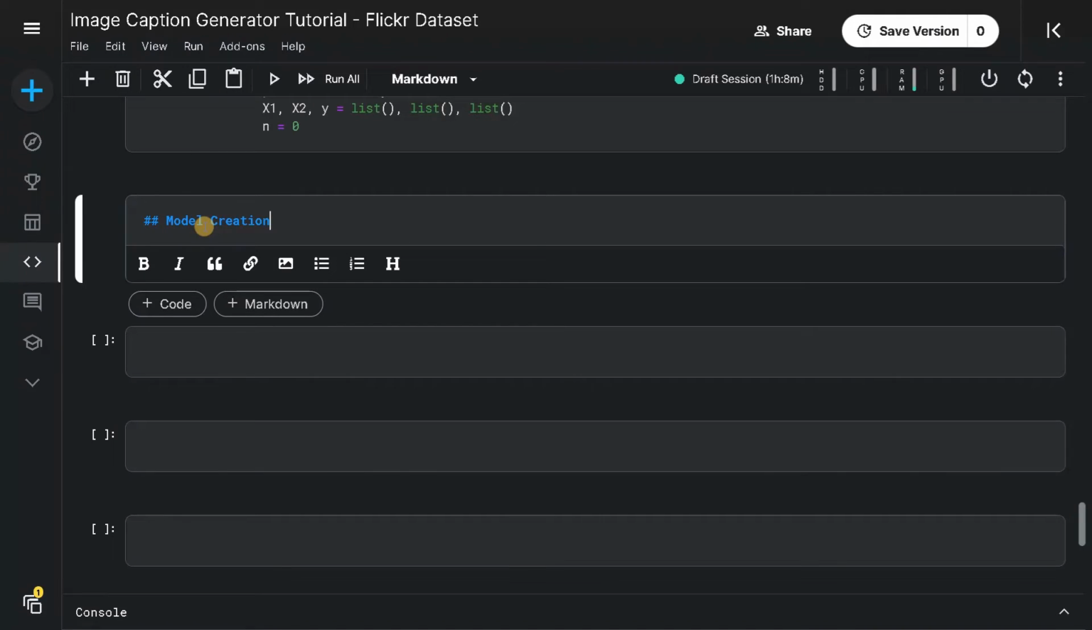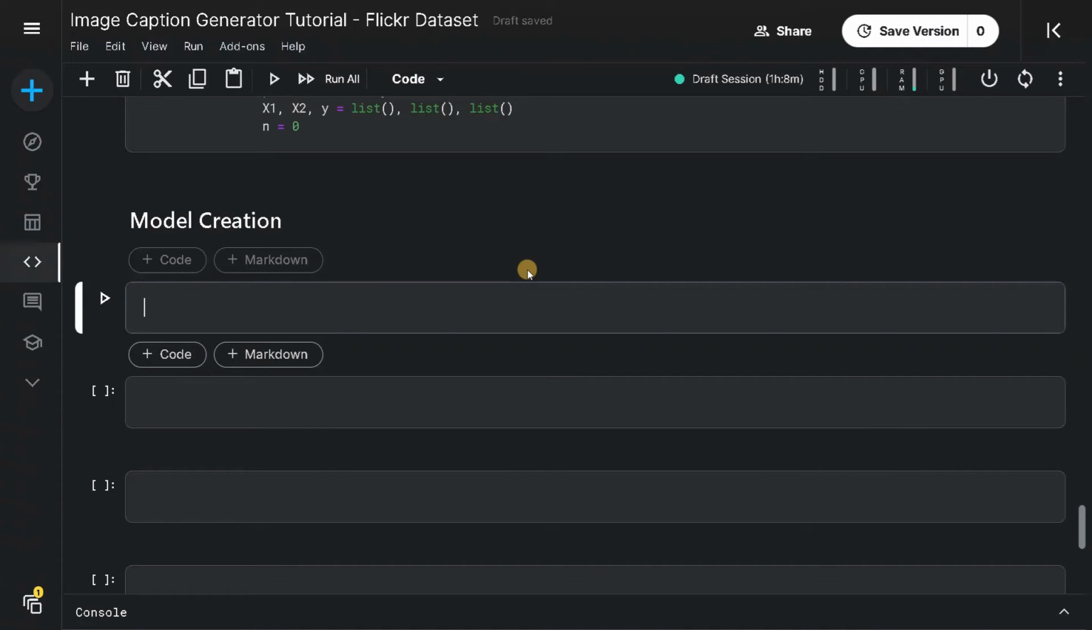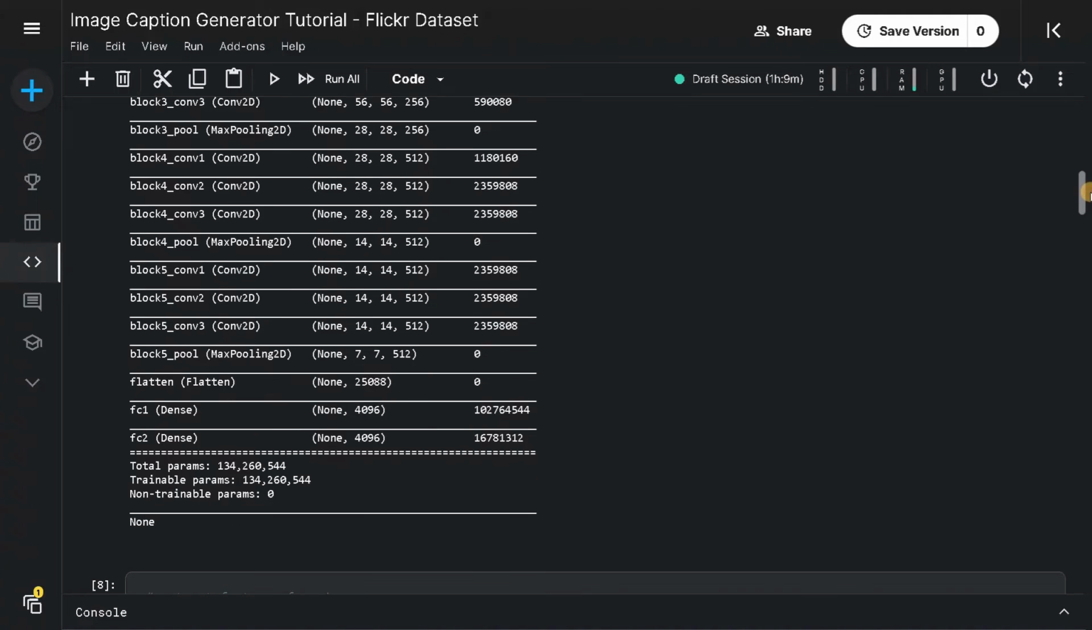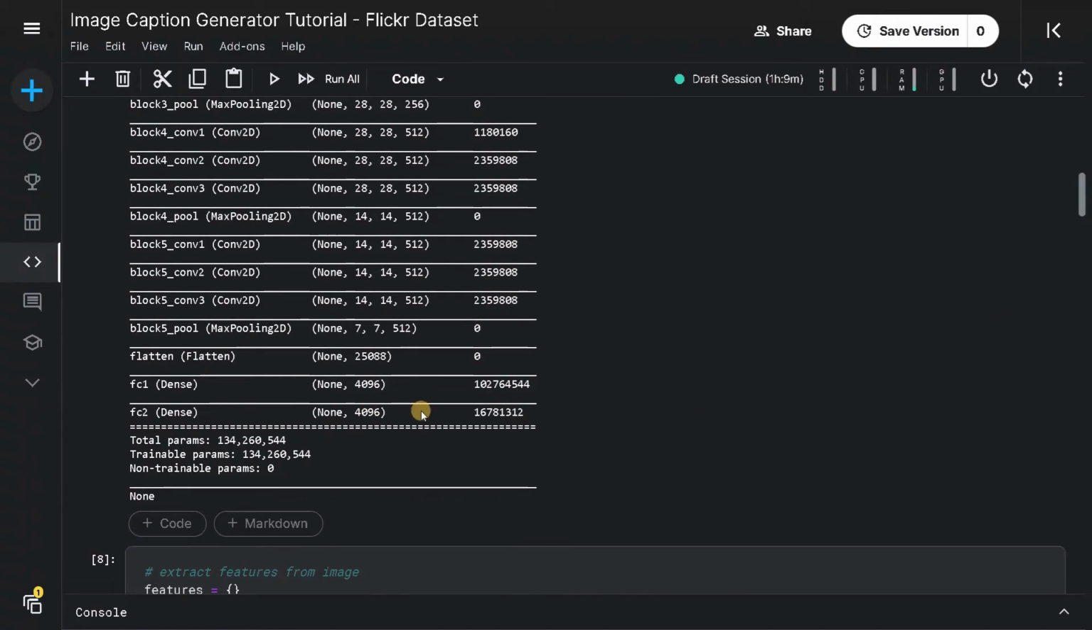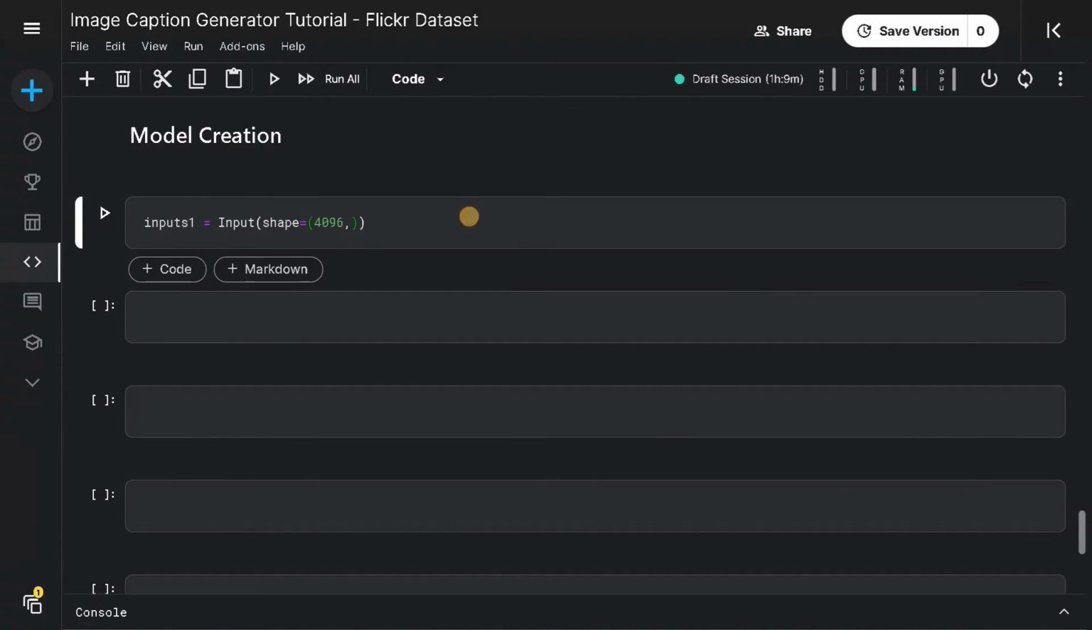Model creation. Now we will be concatenating two features and creating a model, and we will plot the model so we can clearly see how it looks. So inputs1 equals Input of shape 4096. This is the shape of the features we are going to get. If you see the VGG model output, the output is 4096, that we are going to consume here. So that will be the input,